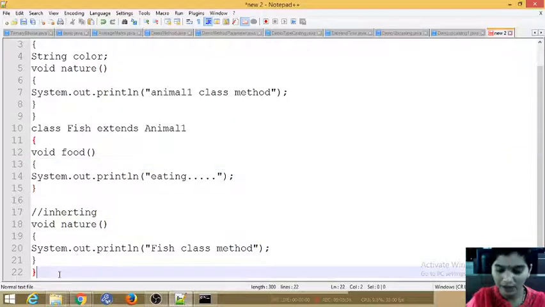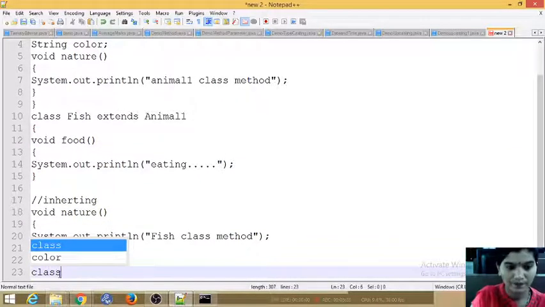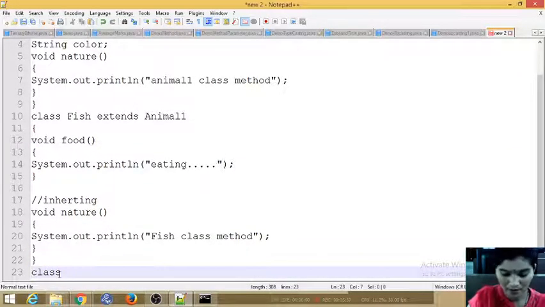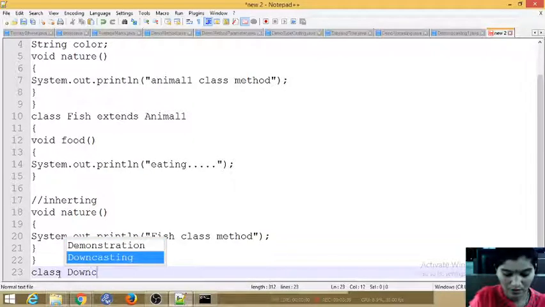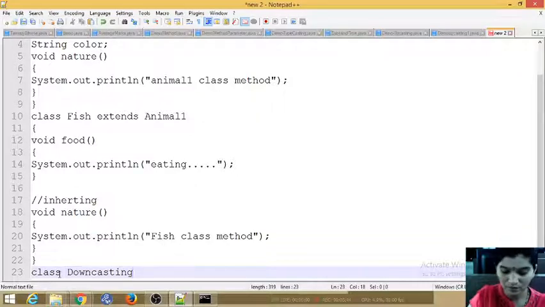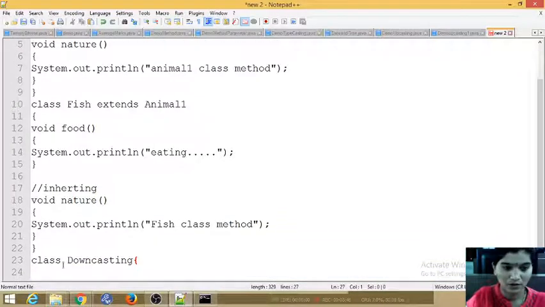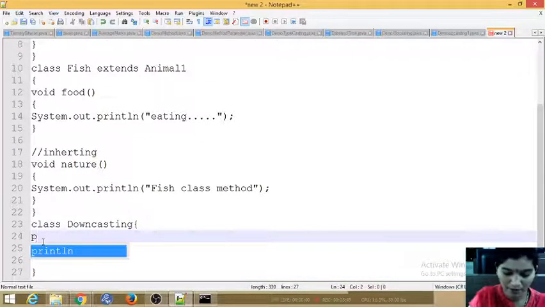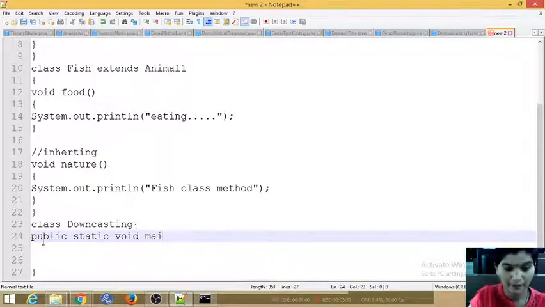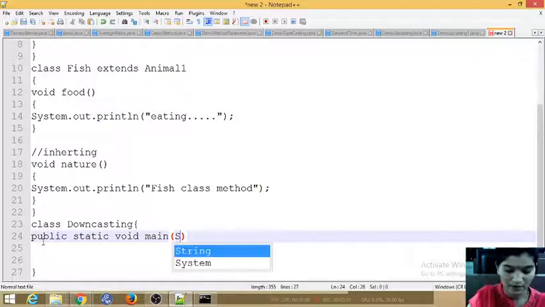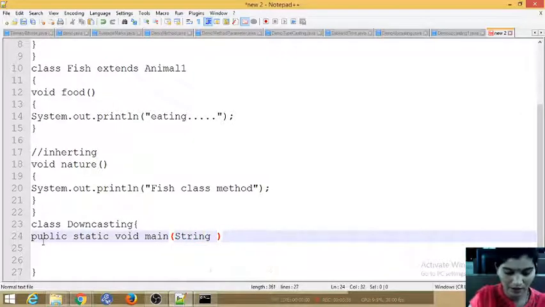Now I need one more class for the main method. I will give the name Downcasting. In this I have the public static void main method, which contains the array of type String.